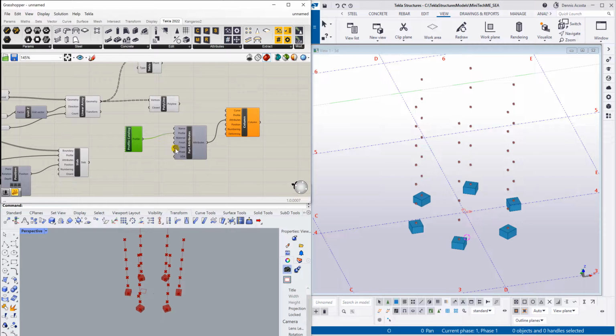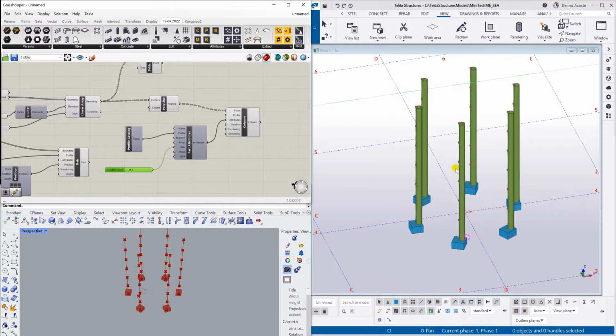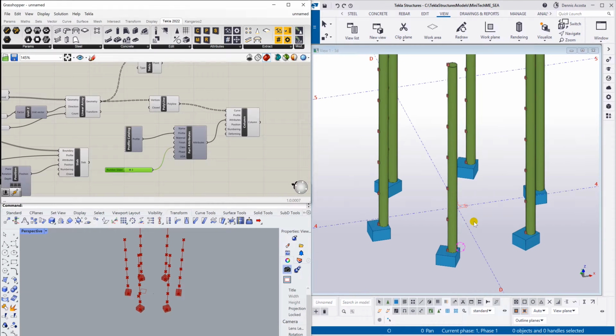Okay, you may also add the class if you want to control the class. Let's say 115, and then here you control the class. Now, look, if I'm going to link the polyline to the curve here, I can just simply put this one here, and then you have now this